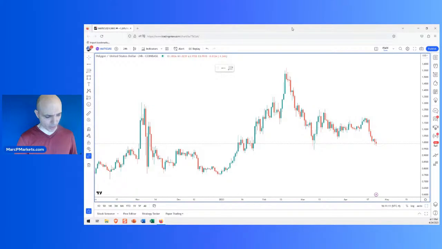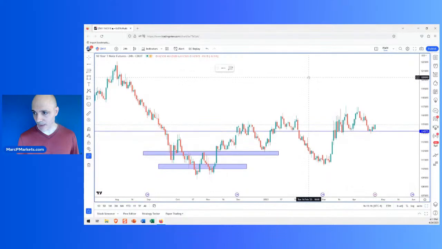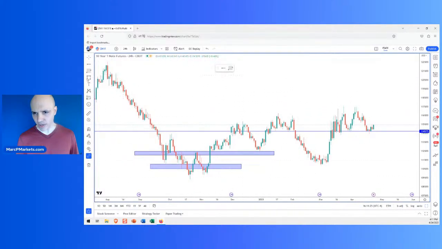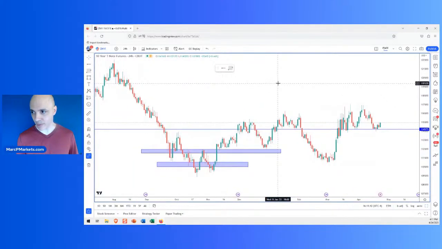Let's take a look at the bond market real quick. We haven't gotten a chance to talk about broader markets. This is the bond market. Real quick, you should pay attention whether you trade altcoins, stocks, Bitcoin, whatever. You should always pay attention to this thing. And look, the bond market is still range bound. This is the bond prices, and we're not making any progress. Rates are not particularly going lower or higher. They're just range bound, and the market is sort of getting insensitive to this.